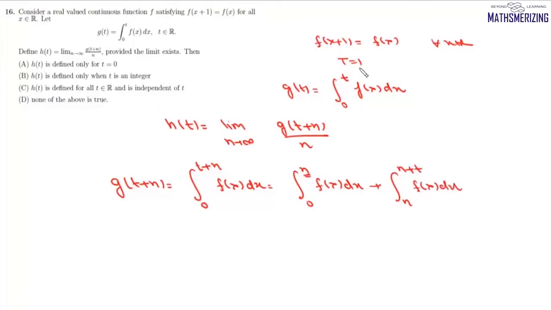Now this function is periodic with period 1. So we can write this as n into this integral from 0 to 1 fx dx, and then plus, now this is from n to n plus t, and it will be from 0 to t